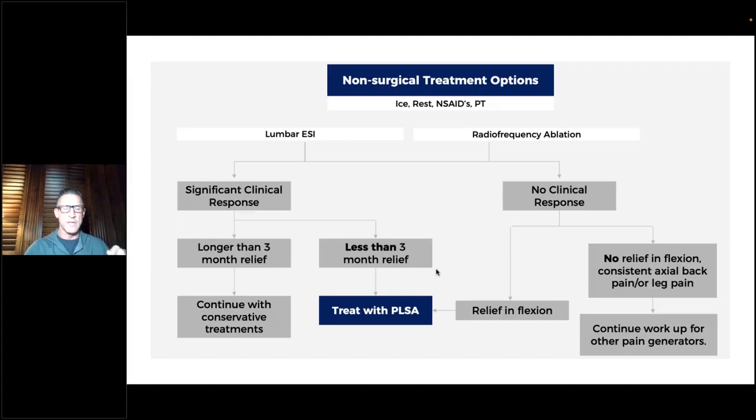Falowski said something that I thought was so key. What I think he was trying to say is that when you start thinking about doing procedures like posterolateral arthrodesis, you need to start to think like a surgeon. That means you're going to have more complications. That means you're going to have more phone calls. That means you're going to have these different things happen.